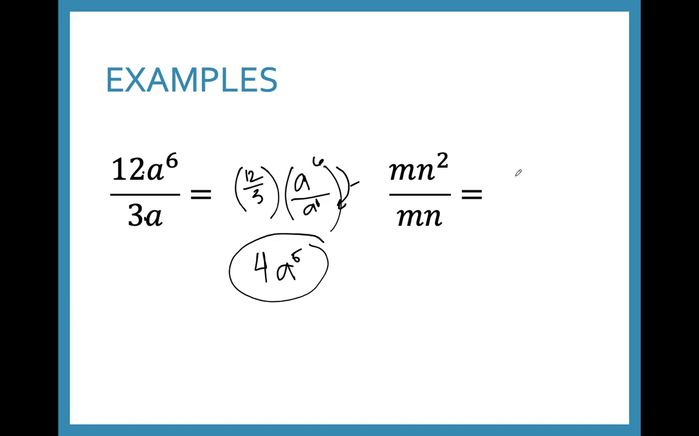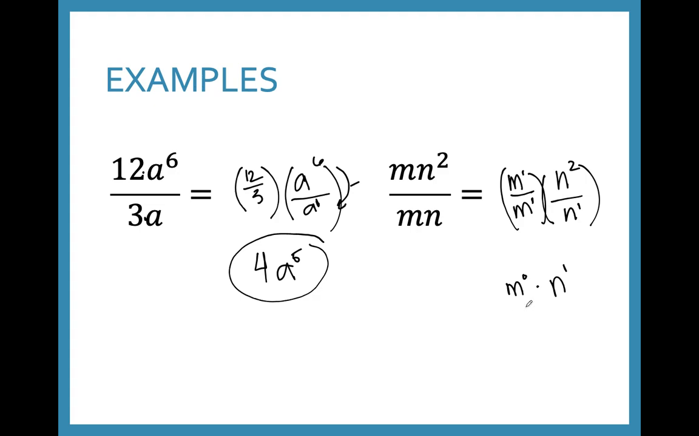Okay, and then just like we did in the last one, I like to put the variables together that have the same base so that you don't try to combine things that can't be combined. So m to the first divided by m to the first, this is actually going to be 1 minus 1 is 0, so m to the 0, which we'll talk about in a second, and then n to the 2nd divided by n to the 1st, 2 minus 1 is 1. You could leave it like this,